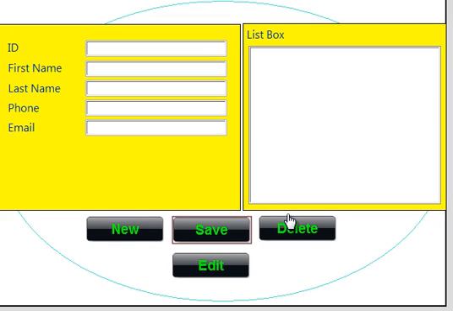Hello, what's up everyone? We want to make this program, accept ID, first name, last name, phone, email, and add that to list box. You can save, delete, and edit. This is a quick review of our program. So please just follow the numbers of the steps that we want to make here to get this program